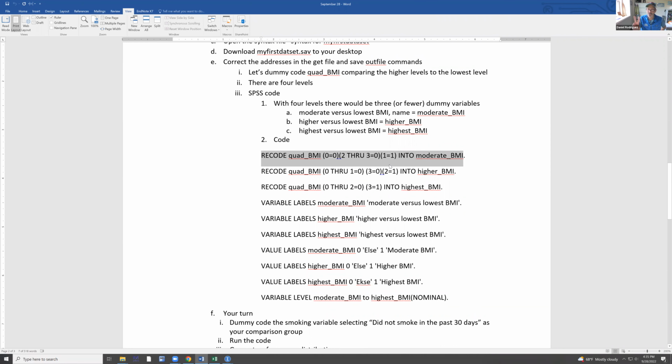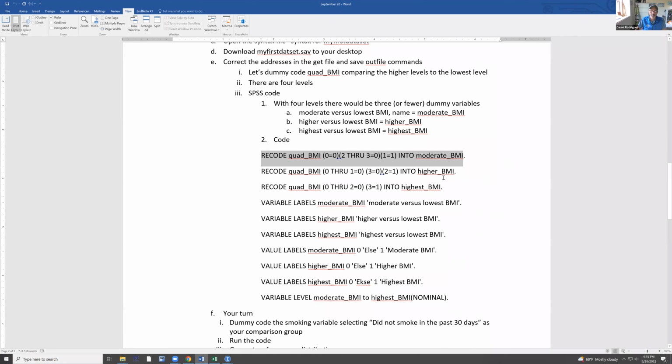Remember, the new variable only has 2 levels, 1 and 0. So moderate, which was 1 before, will remain 1. Low, which was 0 before, will remain 0. 2 and 3, so I said 2 through 3, even though they're consecutive, those equal 0, right? So they're also being compared to this